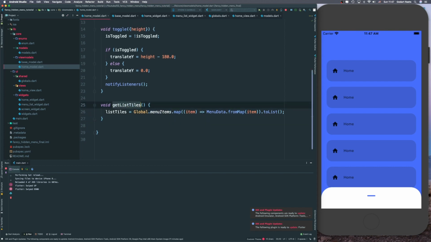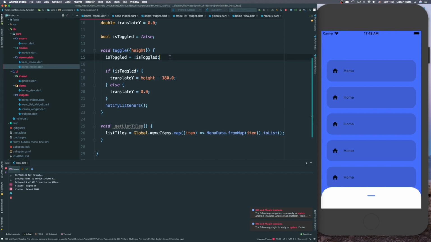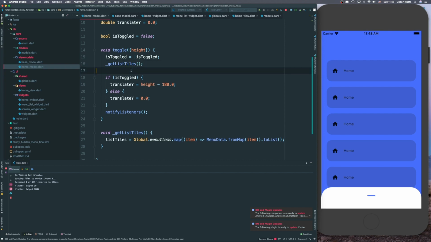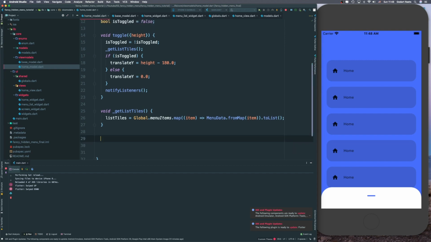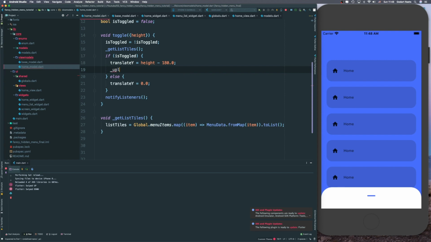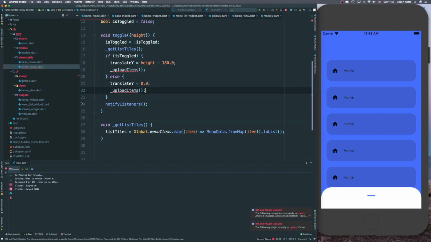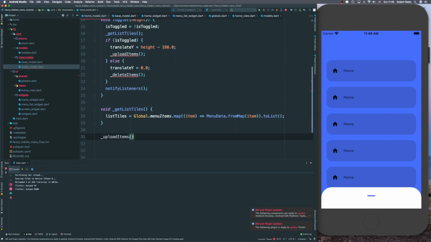So if you think about when do we need to get the list styles, and I should make this a private variable because we don't want to call this outside of the function. We want to call this as soon as this function is called. And the way things work here is that our global key, when you think about it, whenever we toggle the method, we should have a function that says upload items, and another function that says delete items. Because remember I said the animated list works when you insert or delete items on the stack using your global key. So delete items. So let's copy these classes, and underneath the get list styles, let's say,